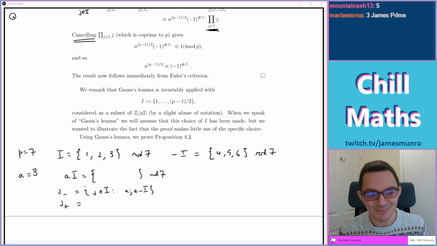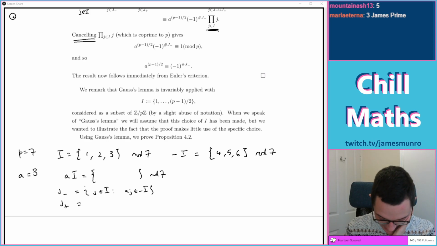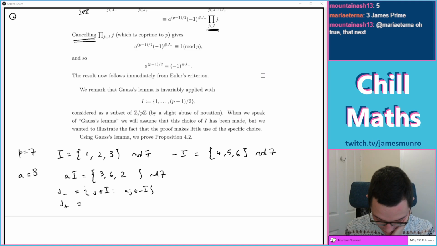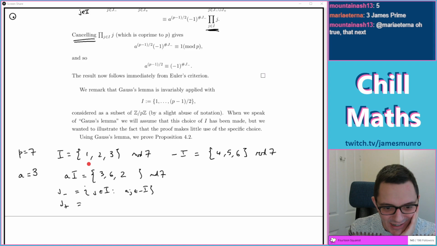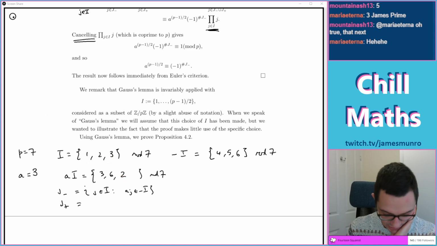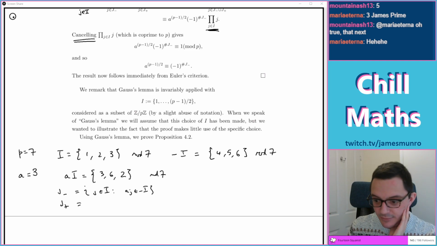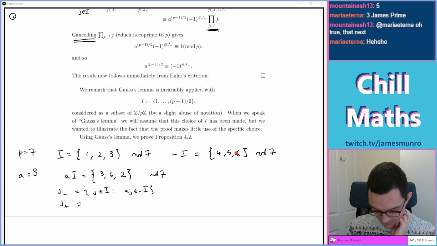3, right, good. So if I multiply these things by 3, then I get 3, 6, and 9. Oh, this is a much more interesting set. Look at that, 3 times I: 3, 6, 9. Okay, so this shows me that there might not be any pattern to the set. 6 was nice, it rewrote minus I backwards.